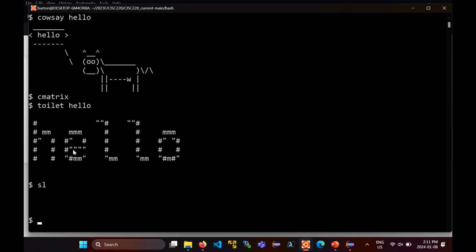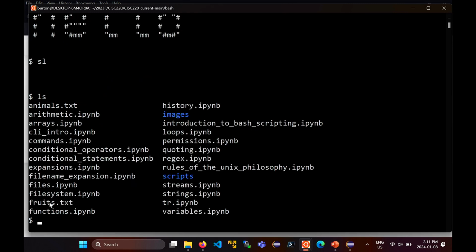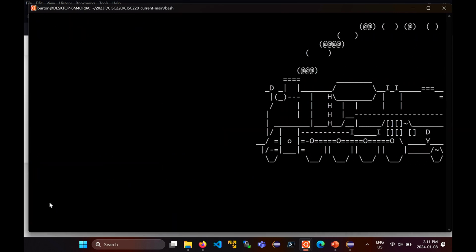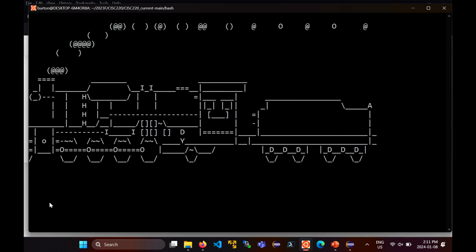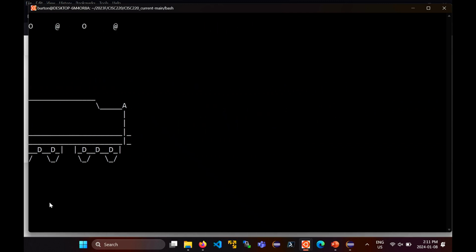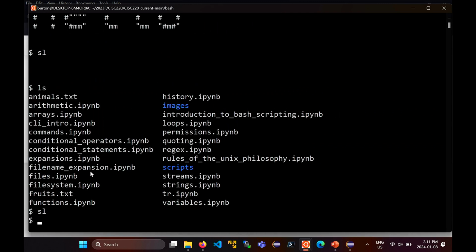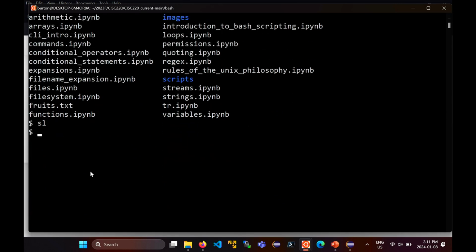So there we go. Notice the command is sl. One of the most common commands that you use on your computer when you're working directly from the command line is ls. You need to know what's in this directory. So some programmer somewhere with too much free time on their hands realized that they typed in sl mistakenly all the time. Wouldn't it be funny if that printed out a train instead, a steam locomotive? Someone spent who knows how many hours doing that. The fact that you can get this to show up on a terminal is pretty amazing. And so on and so on.